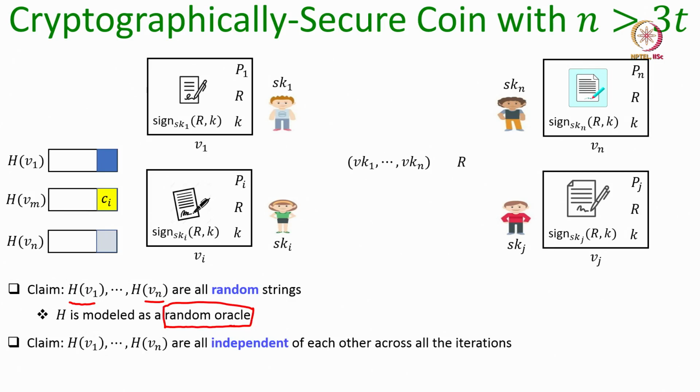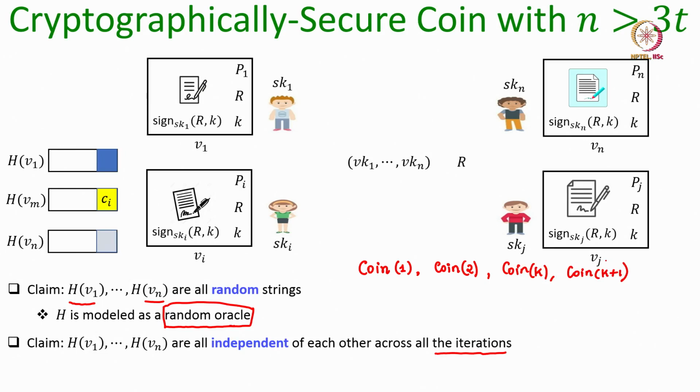The second claim is slightly stronger. It states that we consider the hash values of all the tuples received from the parties across all the instantiations of the coin protocol. Remember that the coin protocol also takes as input the iteration number k. So the statement says that if we take all possible instantiations of the coin protocol,